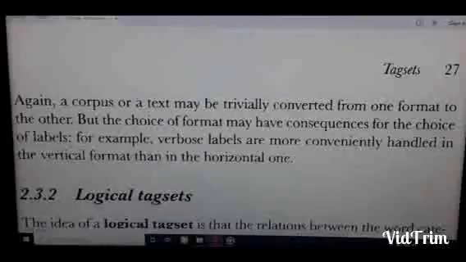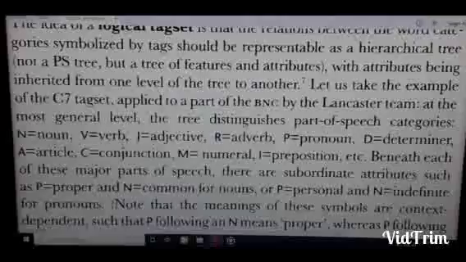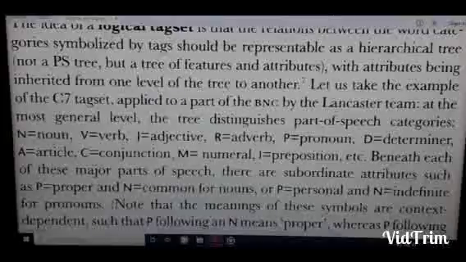2.3.2 Logical tag sets. The idea of a logical tag set is that the relations between the word categories symbolized by tags should be represented as a hierarchical tree, not as a PS tree, but a tree of features and attributes, with attributes being inherited from one level of the tree to another. Let us take the example of the C7 tagset applied to a part of the BNC by the